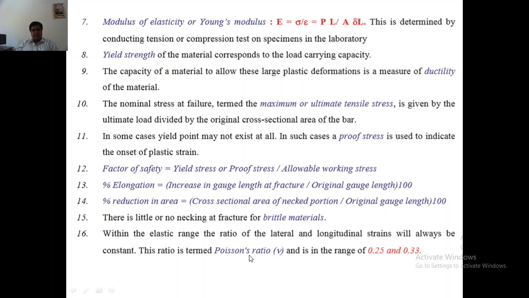And we learnt about Poisson's ratio. Whenever load is applied, there will be strain along the axis, linear strain. At the same time, there will be lateral strain, or the change in dimension in the y-axis and z-axis. So that is called lateral strain. The ratio of lateral strain to linear or longitudinal strain is called Poisson's ratio. Lateral strain is our perpendicular strain, divided by linear or longitudinal strain. That ratio is Poisson's ratio.